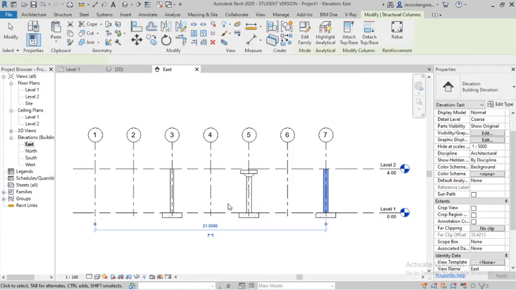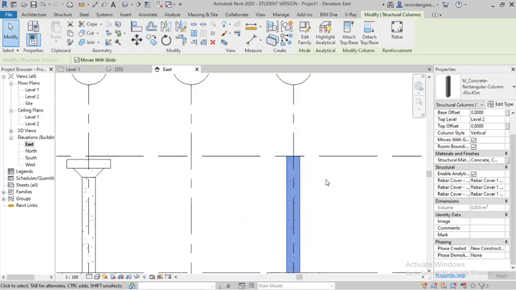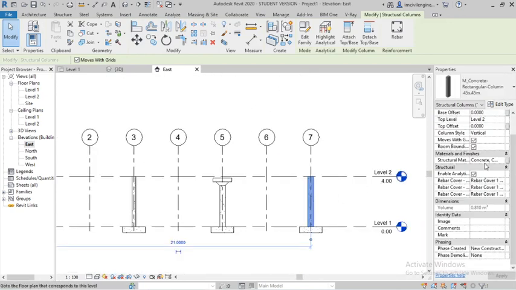Go to East Elevation first and you can see the top level of the column, which you can change. Top offset is the offset from Level 2. If I make it 1 meter, it updates automatically. If you make it minus 1 meter, it goes downward, so you can easily customize the column.